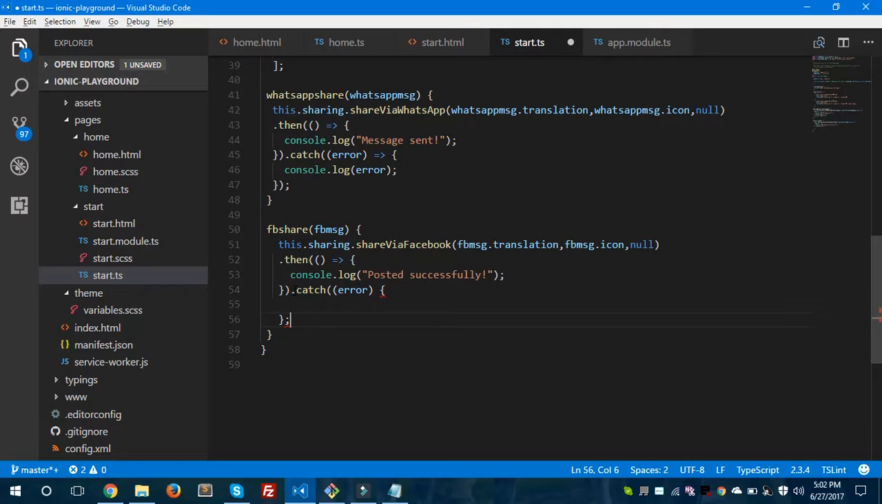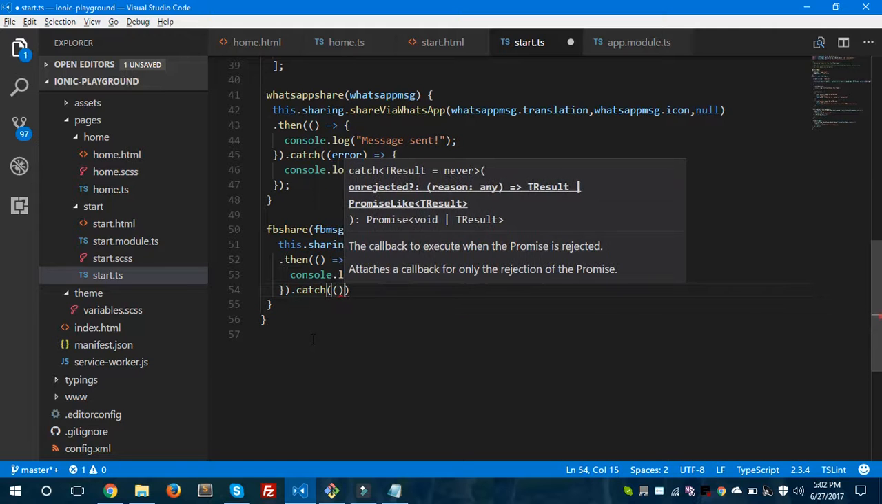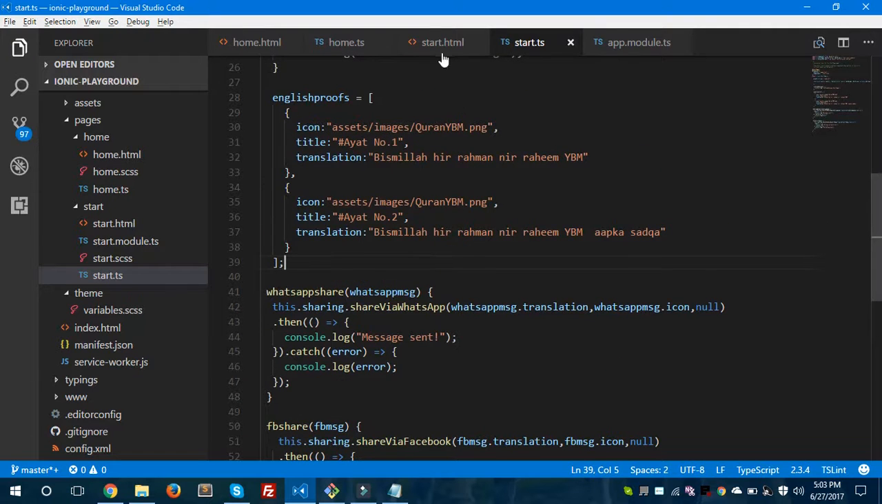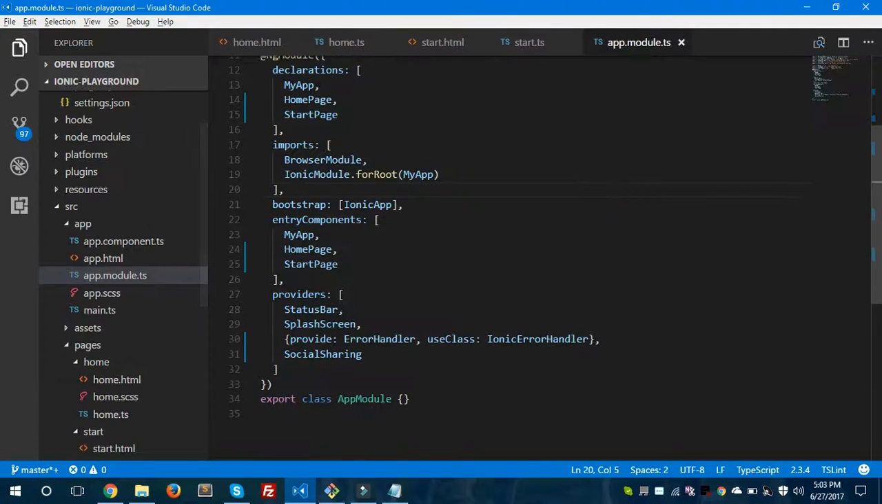It is not working. We are missing something here. We need to remove this. Then catch. We need to give the error here. Console.log "failed posting". Yeah, you can see here we are missing some brackets here, that's why it was not showing. Finally we have to give the semicolon here. Now this will work. Hit save and save all these files, app.model.ts and these two files,